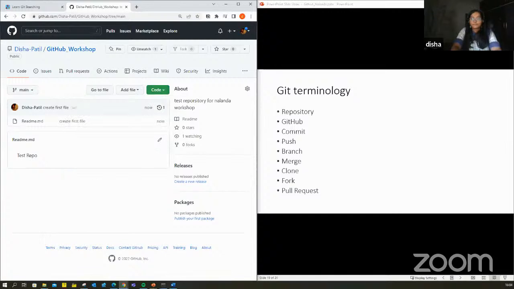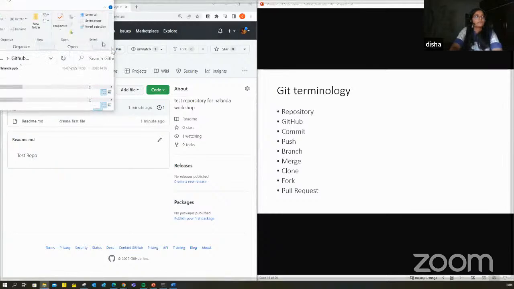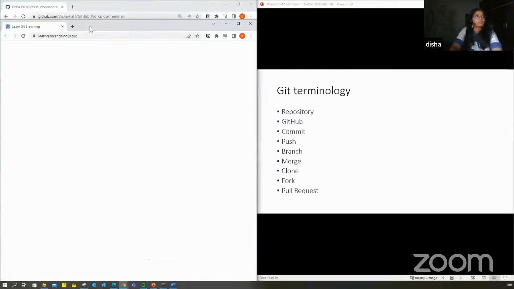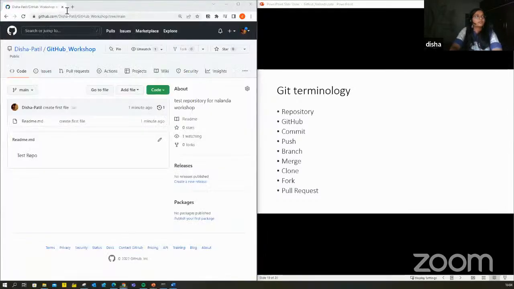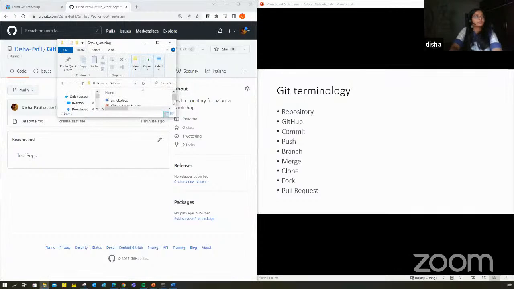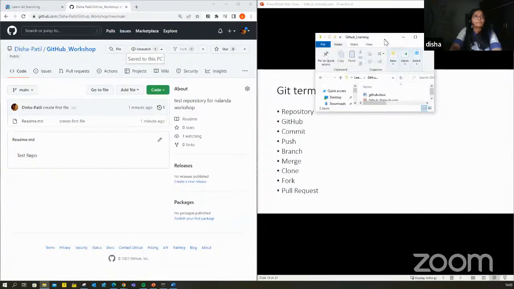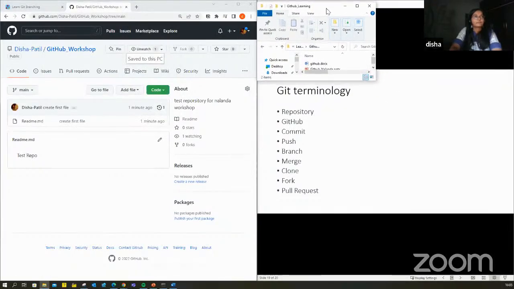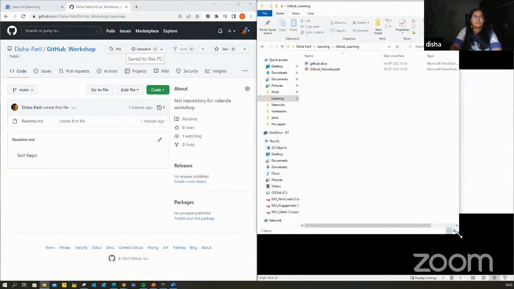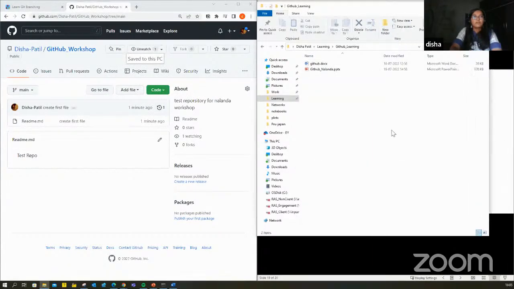And I am going to open my coding window. Give me a minute for that. Sorry, where did my window go? Okay, so I have this folder.